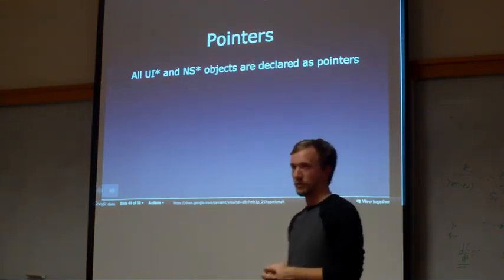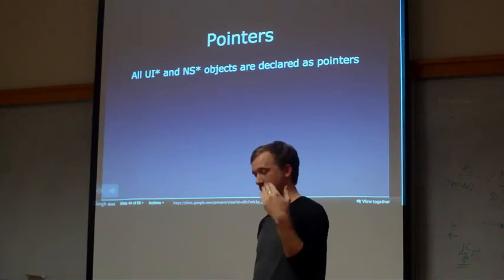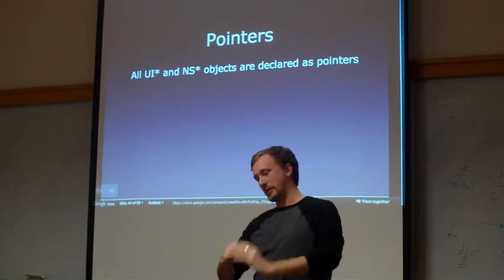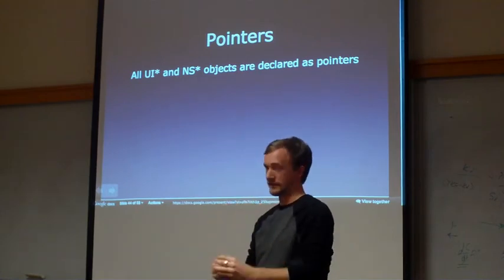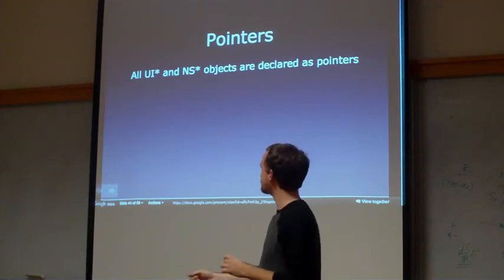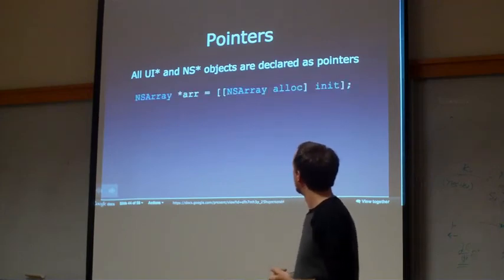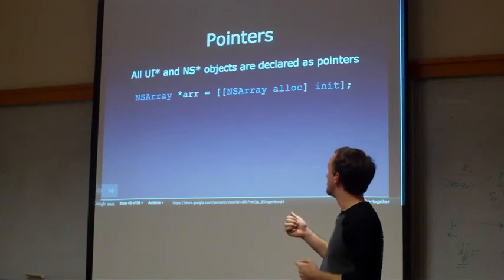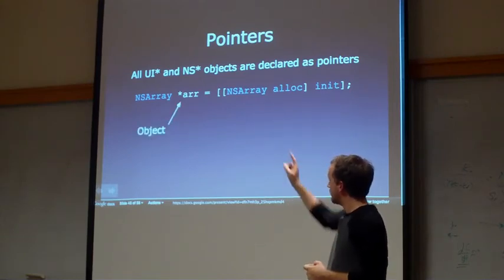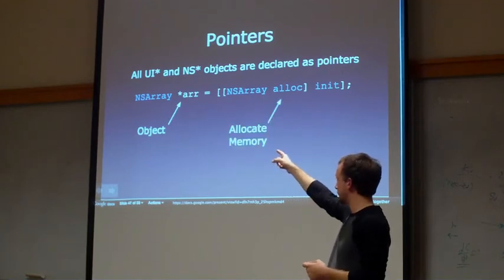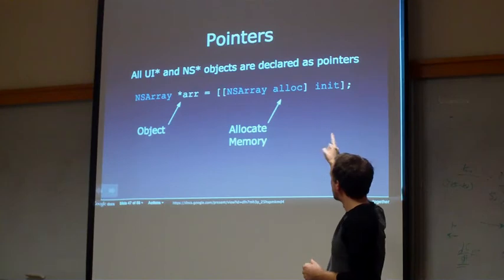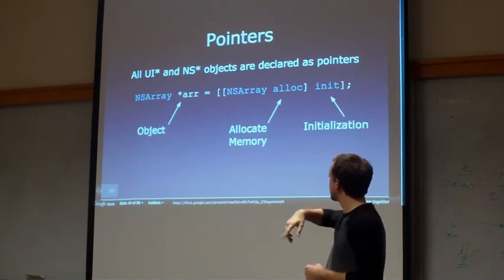Everything in Objective-C is pointer-based. That means when you initialize an object, you are initializing it in memory, saying this block of memory is an NSString, is an array, etc. Kind of a basic example of how you initialize an object. Object name, that's simple. Little star means it's a pointer. You're allocating the memory, and then you're initializing it.